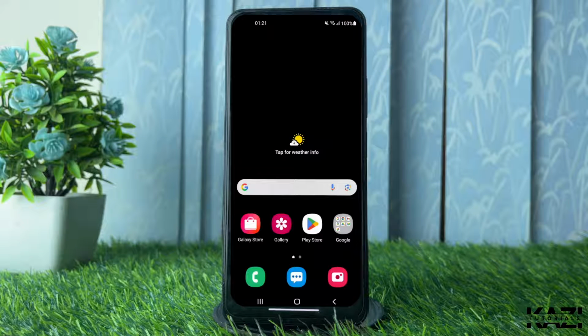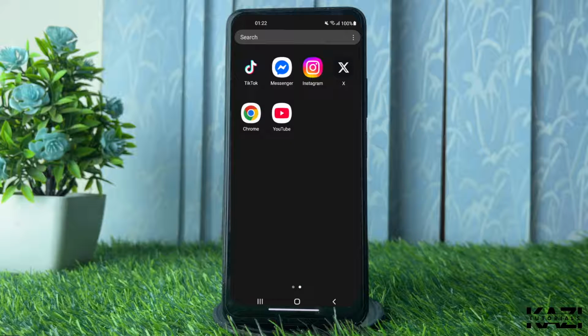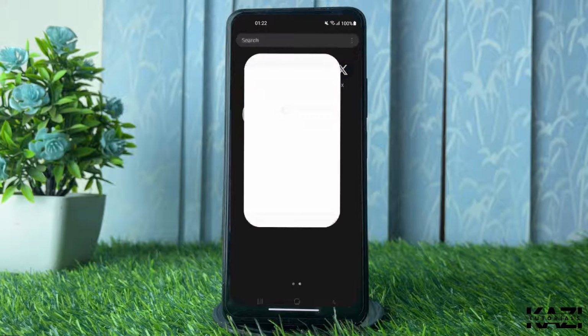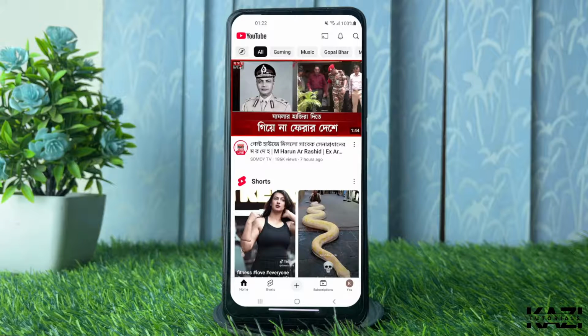So here in this quick tutorial, I will show you how to delete your YouTube account on mobile phone. So it can be used in Android as well as the iOS. So let's get started. First of all, you need to open up your YouTube application, and then on the bottom